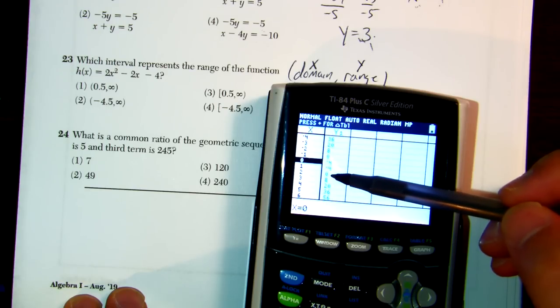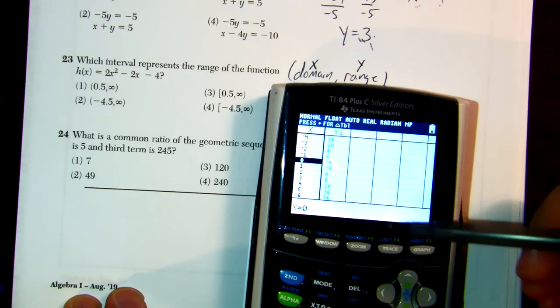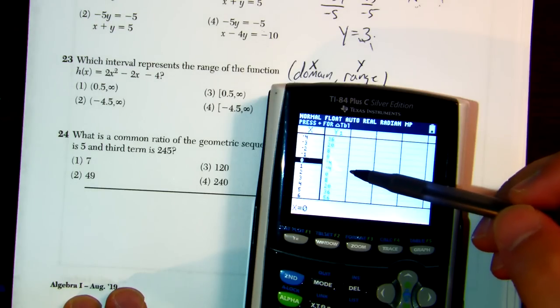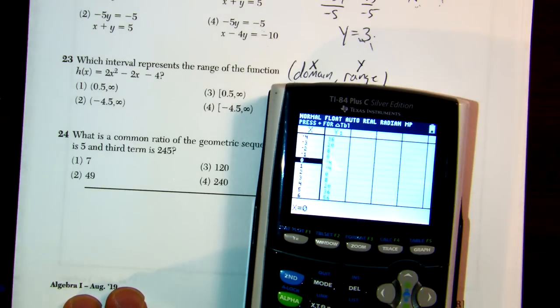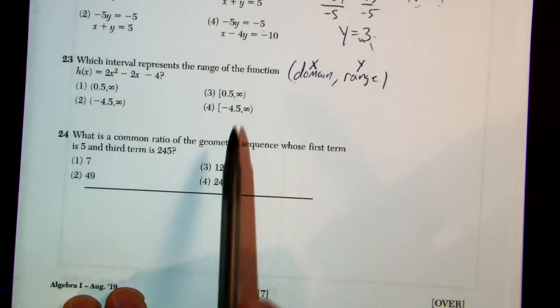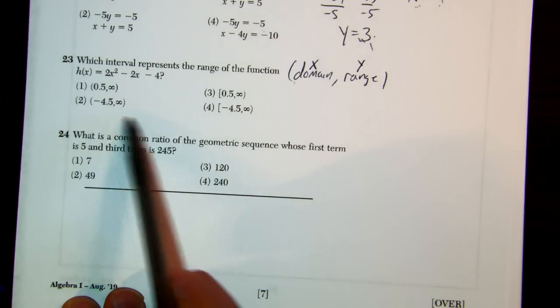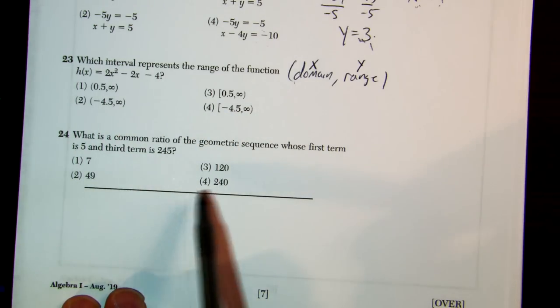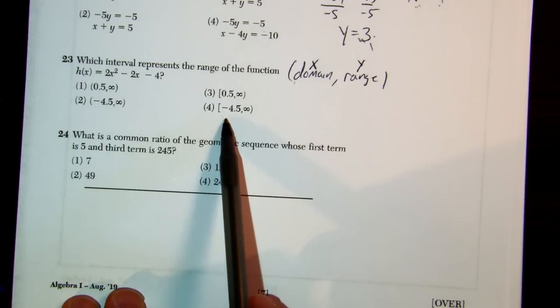Okay, we got the zeros on each side. So this is probably going to go to close to like 4.5. And if you look at your choices, that's where we are at 4.5, right? So it's going to touch 4.5, and then it's going to go